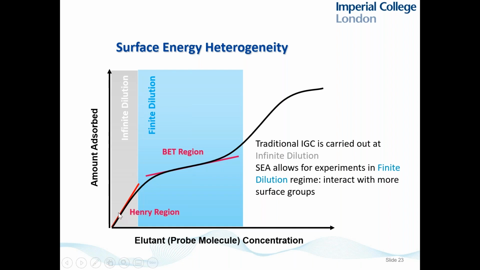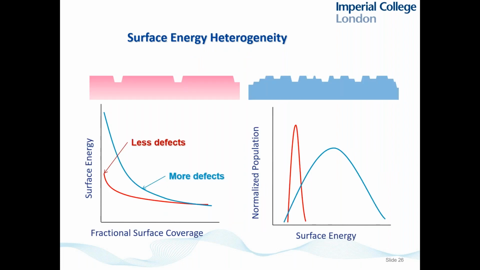And these tell us a bit about the surface properties at low surface coverages. Here are low surface coverages, and here are high surface coverages. So here, a lot of the surface is covered by my adsorbing molecules. And then here, only a small number are covered by adsorbing molecules. And studying down here is a good way of finding the hotspots, finding those sites that are particularly energetic, which might have particularly important contributions to the properties of my overall material. So I want to talk to you now about